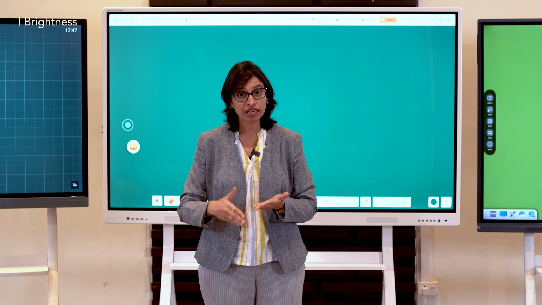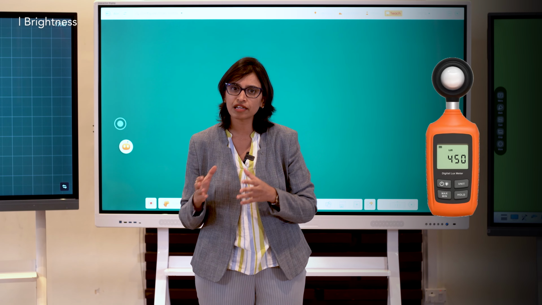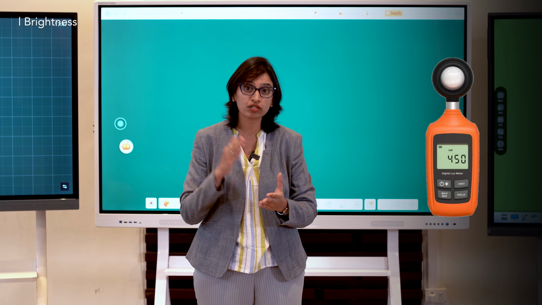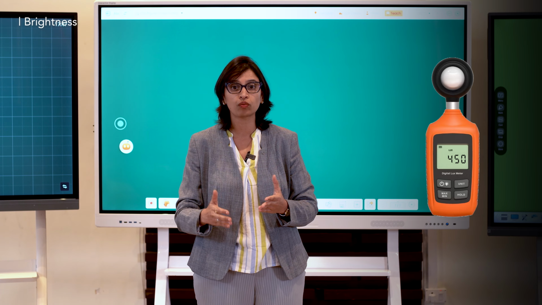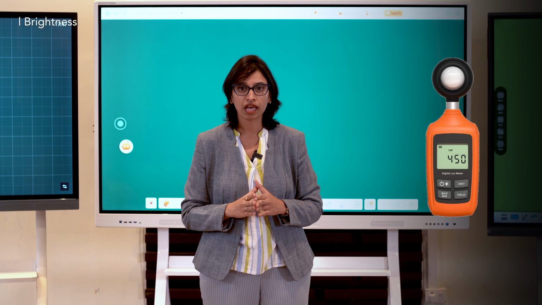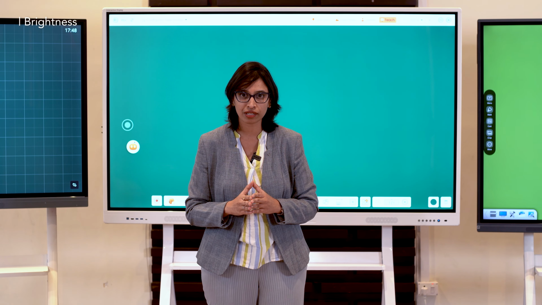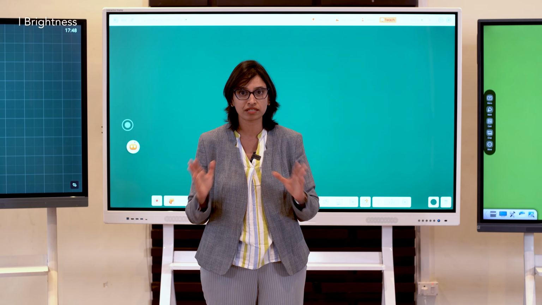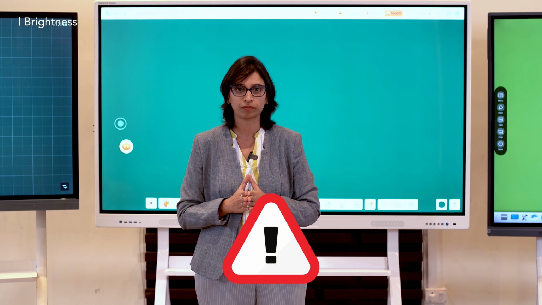Well, here we can use a light meter, which you can easily find on Amazon, or you should request your partner from whom you are buying to bring one and measure it before you purchase. If they refuse, then it's a clear indication that the panel is not going to suffice the brightness. It is very suspicious actually.